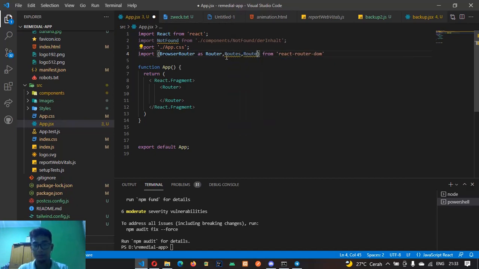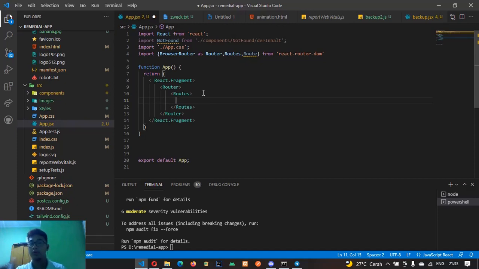And so what are these two? Routes and Route. The Routes is the parent of the Route. So guys, before you put your link, your URL, or anything you want to route everywhere in your application, you have to put Routes before you route something. Example like this: Route,